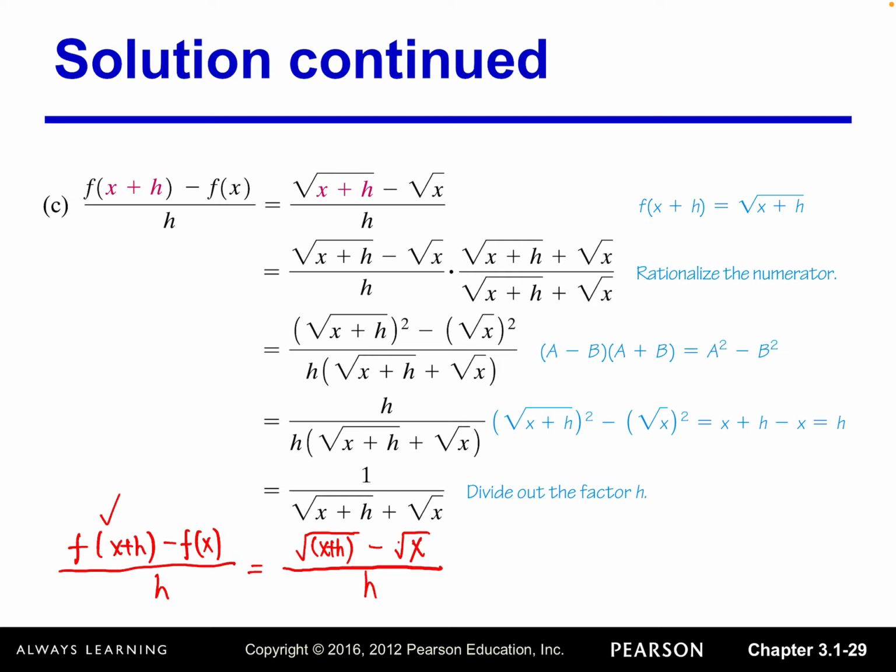Now we would like to rationalize the numerator. Okay, rationalize means we want to get rid of the radical symbol from numerator. So what can we do? We know the two conjugates multiply, right? A plus b times a minus b equals a squared minus b squared, right? So in this way, square root, when we square it, and then we can get rid of the roots. So that's why we want to multiply the conjugates of the numerator, which is